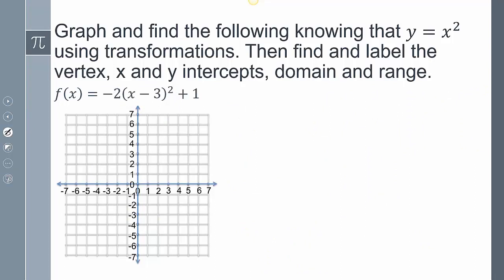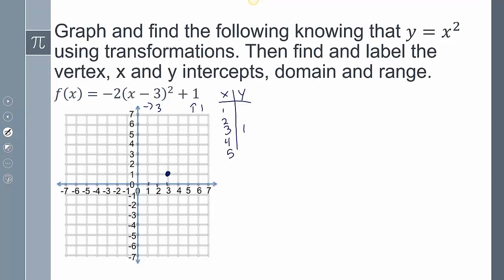Next example here. For this one, looking at my transformation, it's going to move over 3 and it's going to move up 1. Now that I have that value here, I can create my chart and plug in some values. I know that at 3 it was 1, so if I pick 2 and 1 and 4 and 5,